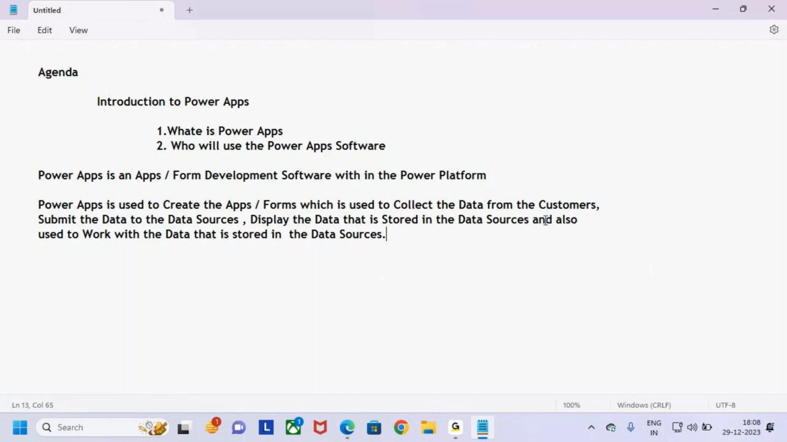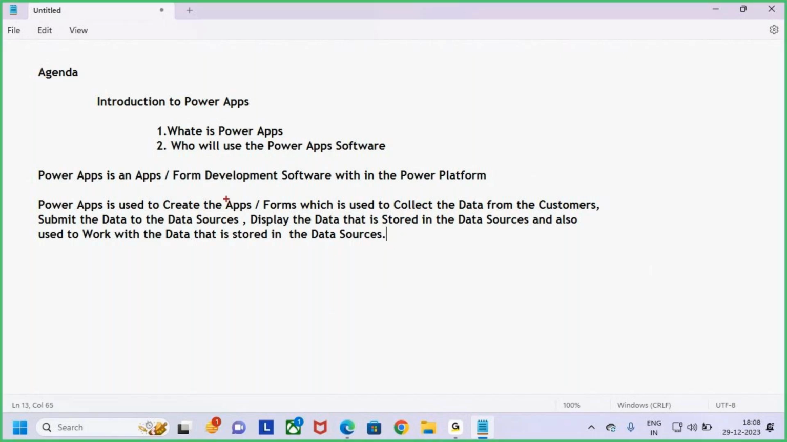So this is the actual definition of what Power Apps is. Now try to understand, guys. By using Power Apps, what we can do is create apps or forms which are used to collect the data from the customers. First of all, it is used to create the apps or forms which are used to collect the data from the customers. Once after collecting the data from the customers in the Power Apps, we need to submit